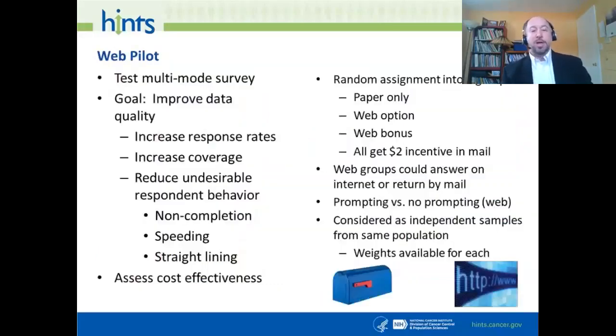All right. So what makes HINTS 5 Cycle 3 unique is the web pilot study we did. And that's actually one reason why you see such a larger sample size. What was really cool about HINTS 5 Cycle 3 is we tested a multi-mode survey. As I mentioned, previous iterations have been a self-administered mail survey. You get it in the mail, you fill it out on your own, and then you return it to us. But we're always trying to improve the data quality. That's always something survey methodologists are interested in doing.